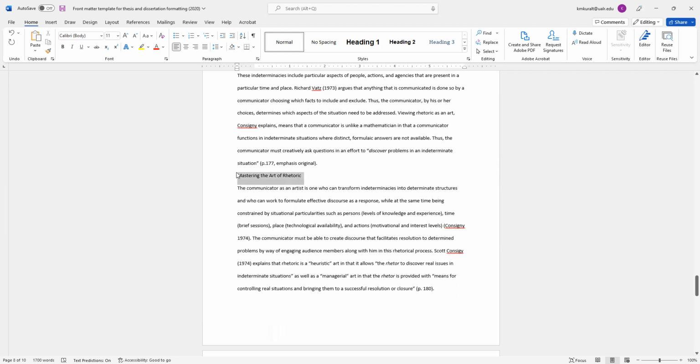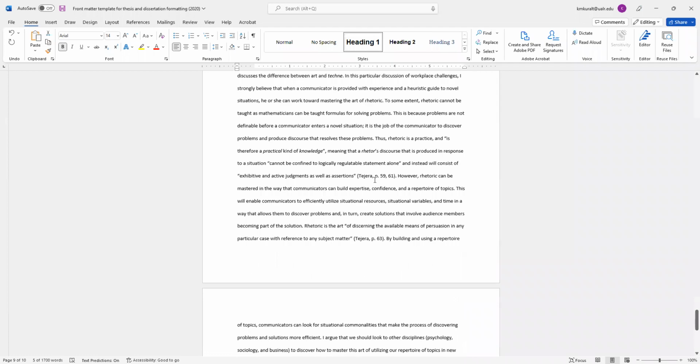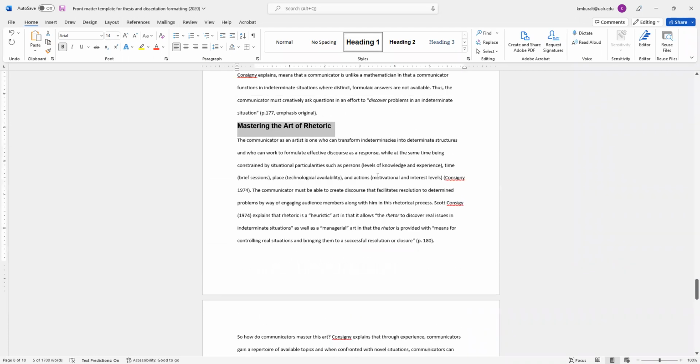Okay, so let's imagine now that this is a new heading 1. I apply its style, scoot it back over, heavier, like so. And I think that's the last heading in the document right now. Okay, so